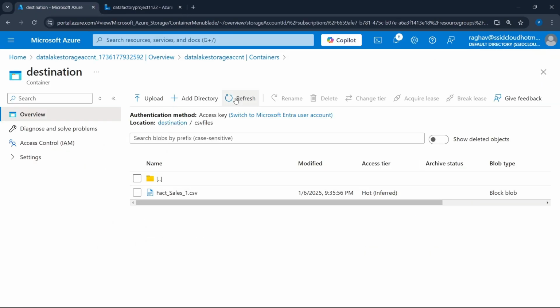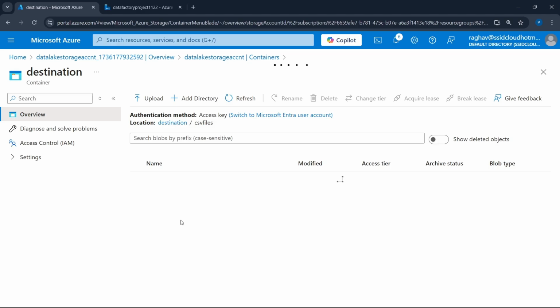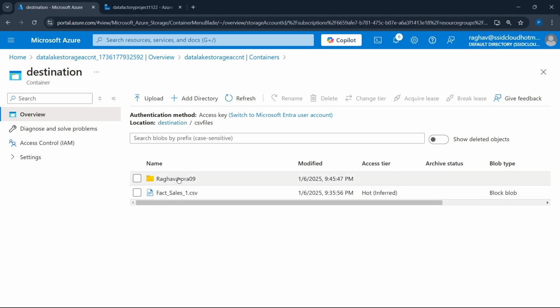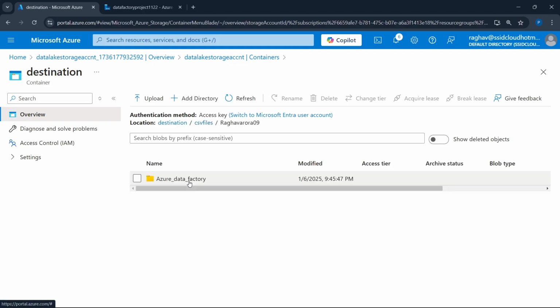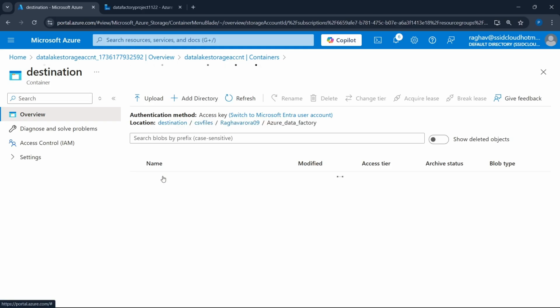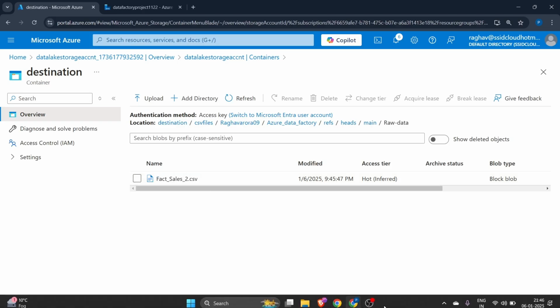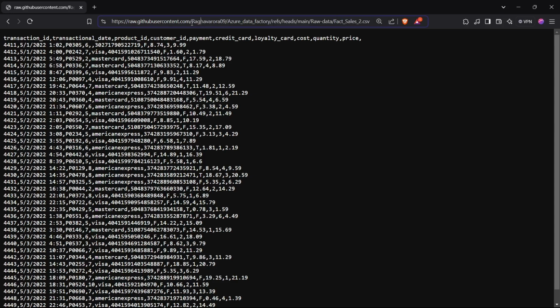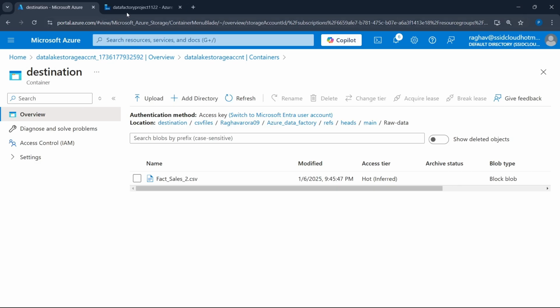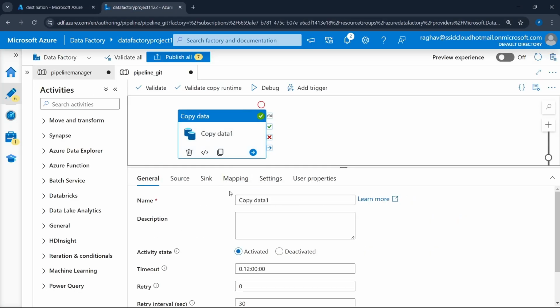Now let's check the destination. Let's just refresh it. Here you can see folder under my username, Azure Data Factory, reference, ads, main, raw data, and then fact sales 2. Why this happened, let me show you. So as you can see, the path is username slash something slash something slash something. Every slash is treated as a directory. That's why this happened. So what we can do is go to sink,